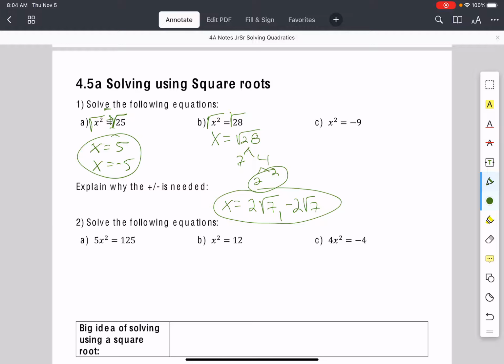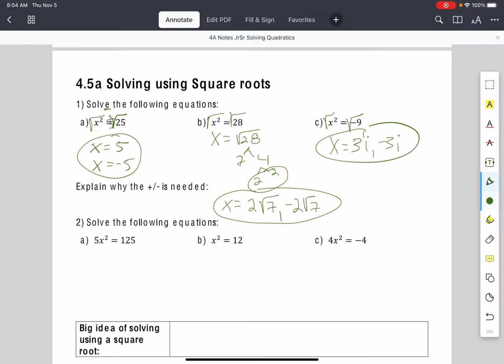All right, next one. What do I do to get the x alone? X equals? Nope. Nope. What? Isn't it like 3i or something? Hudson for the win. 3i, the square root of a negative number. 3i and negative 3i. So that's what I was trying to ask. I was like, when it's negative